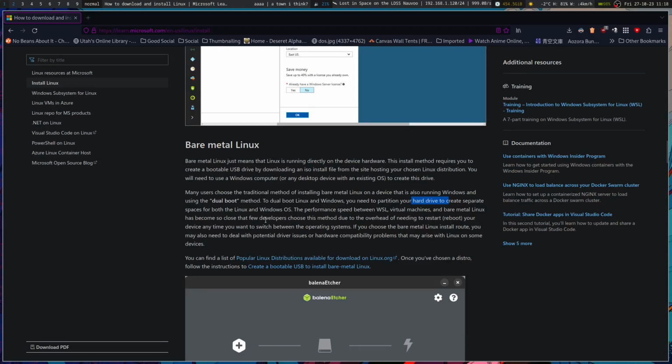Wait, the performance between WSL virtual machines and bare metal Linux has become so close that few developers choose this method due to the overhead of needing to restart or reboot your device anytime you want to switch between the operating systems. Okay, so from what I've heard too, I don't know if WSL has improved since then, but people